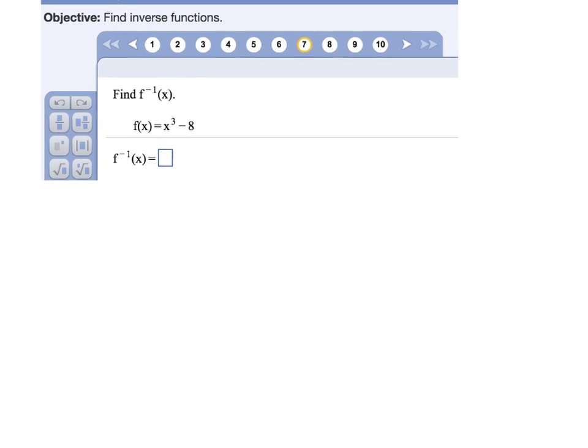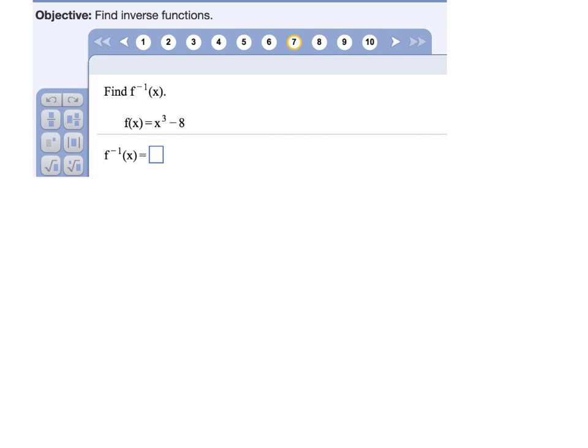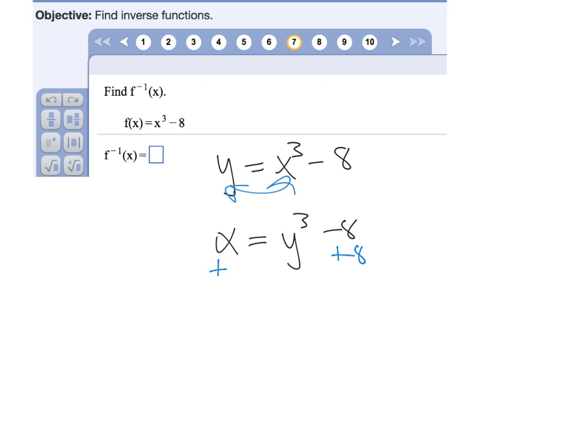All right, so we're going to start with the original equation. So you get y is equal to x cubed minus 8. And we're going to immediately swap the two variables. So you end up with x is equal to y cubed minus 8. And we want to get that y all by itself. So we're going to begin by adding 8 to both sides. So that gives us x plus 8 is equal to y